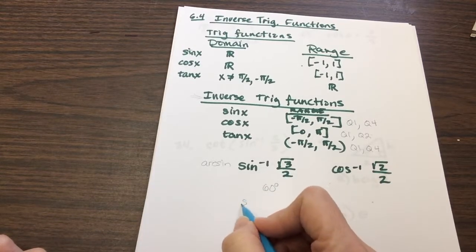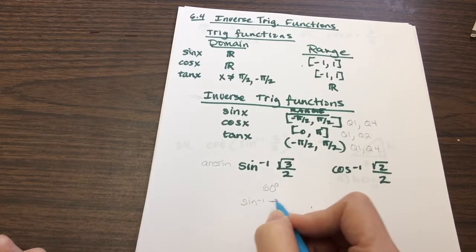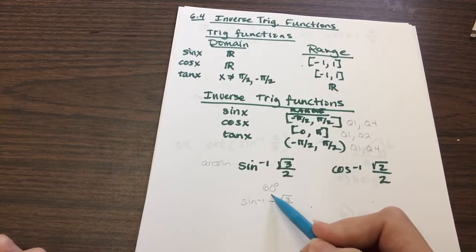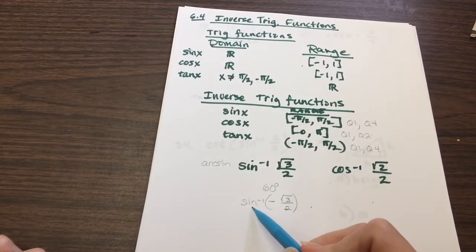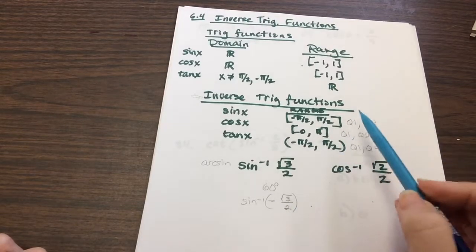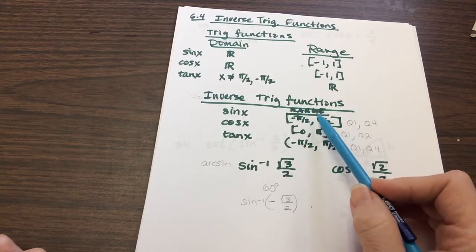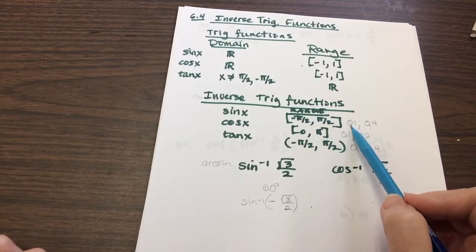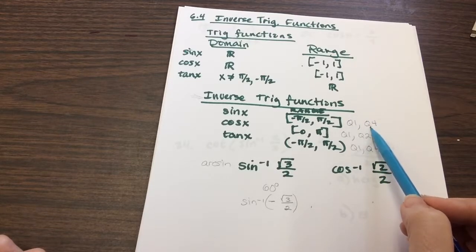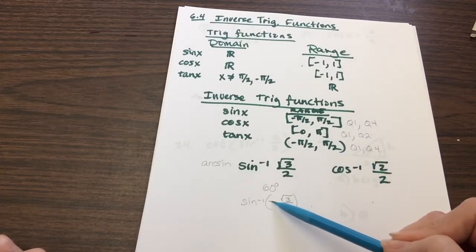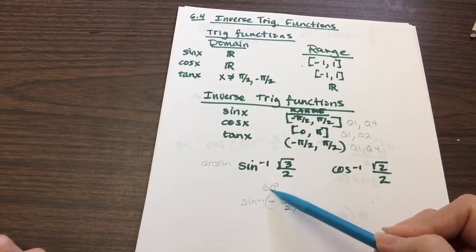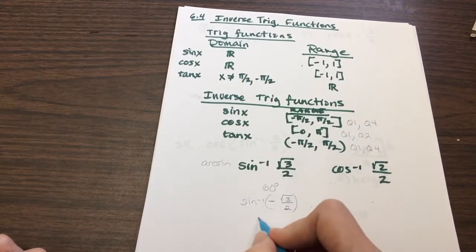Okay, let's do the negative. I'm looking for the sine of what angle is negative square root 3/2. Well, we've already talked about that my range has to come from the first quadrant or the fourth quadrant. If it's negative, it comes from the fourth quadrant. So I'm looking at this negative exact value, so I'm looking for my angle coming out of the fourth quadrant. This is really easy to do because you're just going to